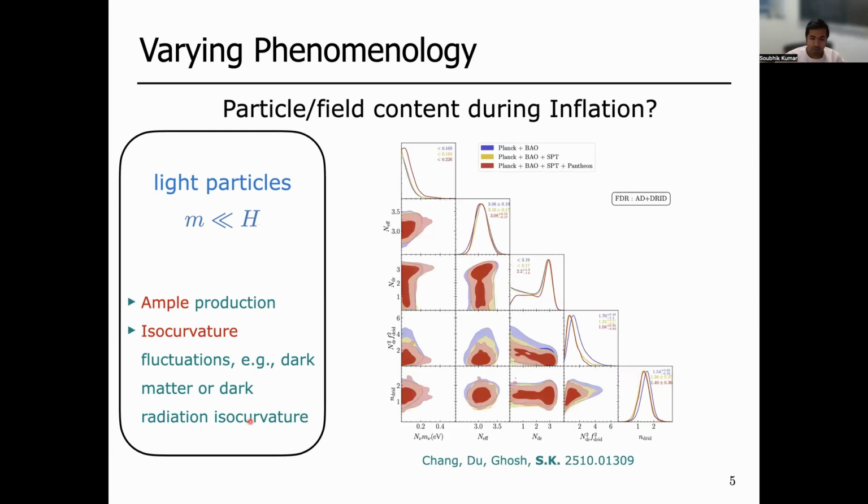In a recent work with an amazing group of collaborators, I have also explored what would happen if these new particles survive today as dark radiation, and how dark radiation isocurvature can impact, for example, the CMB anisotropies along with other observables. Here is a quick summary plot showing the constraints from the current data.